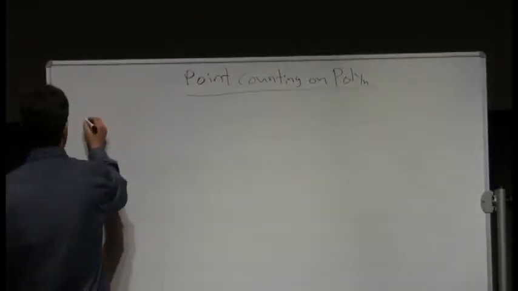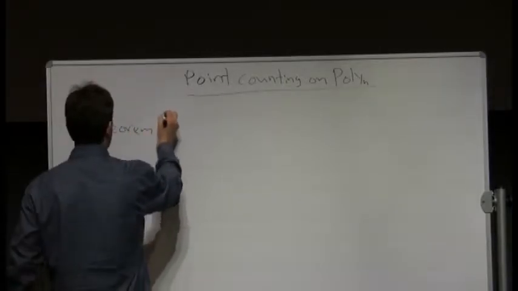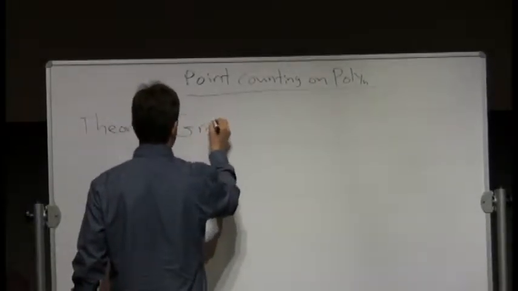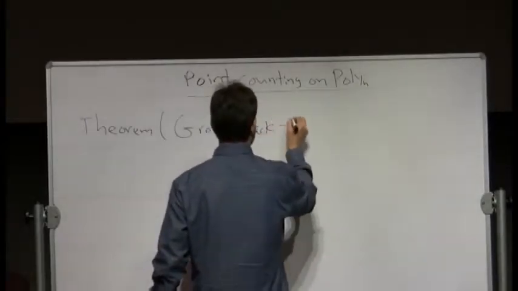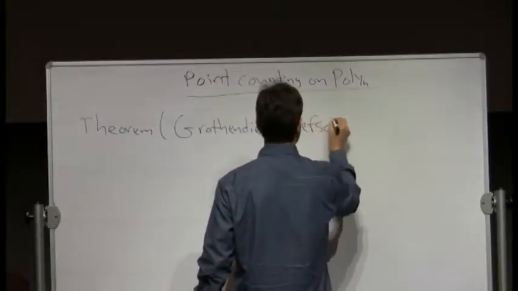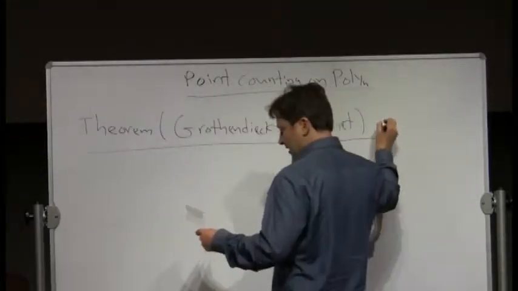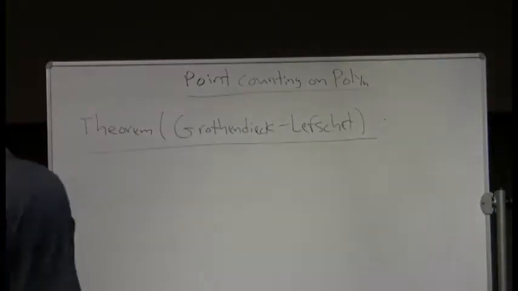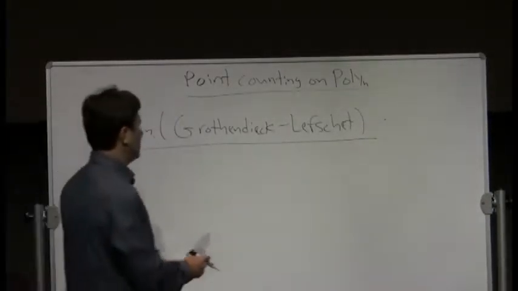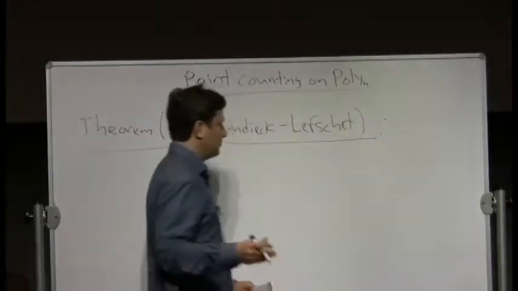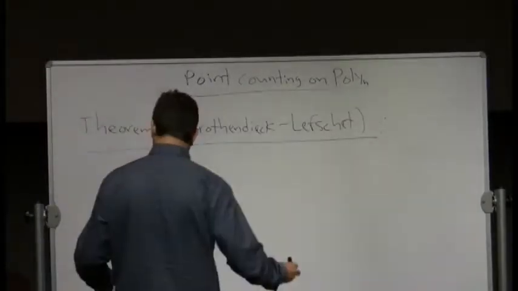So let me just recall where we were last time. I have a general theorem. It's the Grothendieck-Lefschetz fixed point theorem, sometimes called the Grothendieck-Lefschetz trace formula. Maybe I'll say it in the context. It's often stated for smooth and projective varieties, but we don't have a projective variety. We don't have anything that's compact. So let me state the general thing.